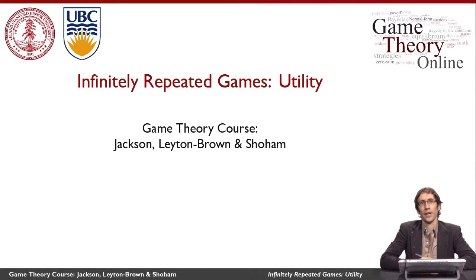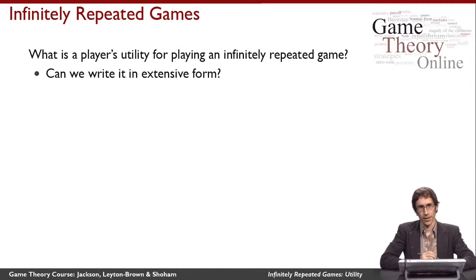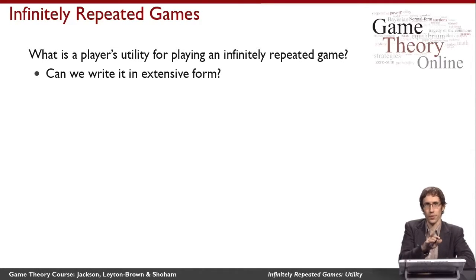In this video, we're going to look at how to define utility in infinitely repeated games. Remember that the way an infinitely repeated game works is that we have some stage game, which is a normal form game, and the players repeatedly play this same game over and over again. That means each player gets a sequence of payoffs. Let's say player i gets the sequence R1 in the first repetition, R2 in the second repetition, R3, and so on and on infinitely. So we have this infinite sequence of real values, which are the payoffs that this player has